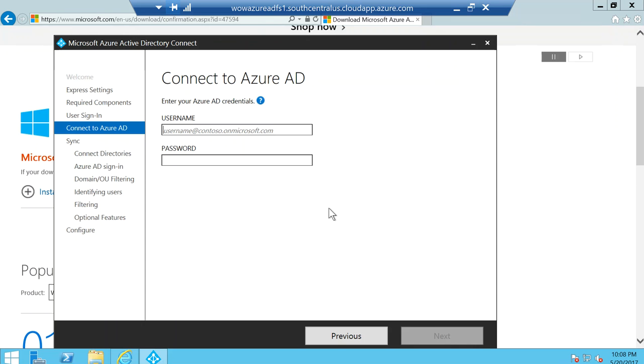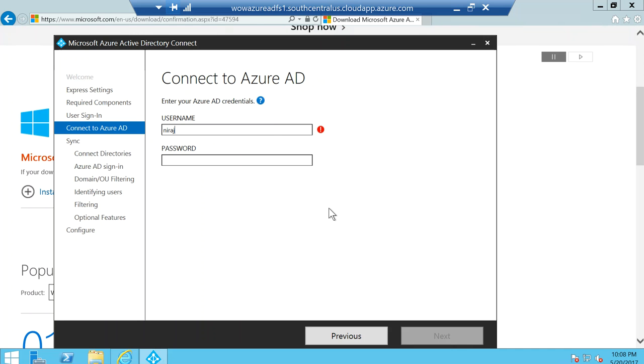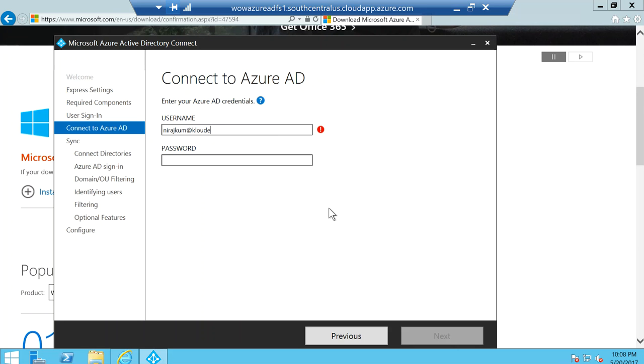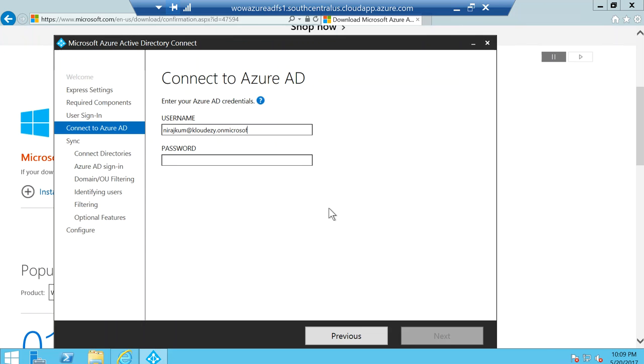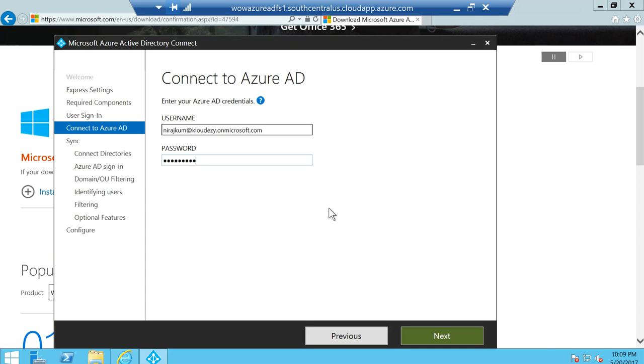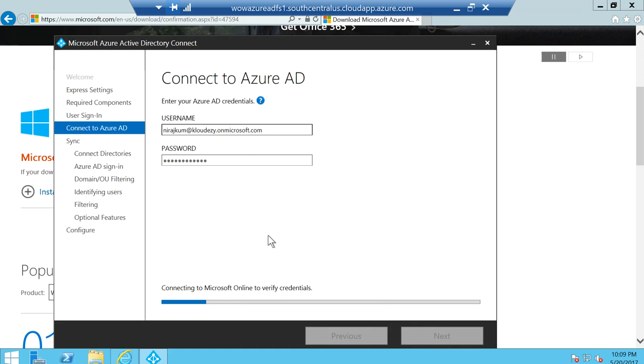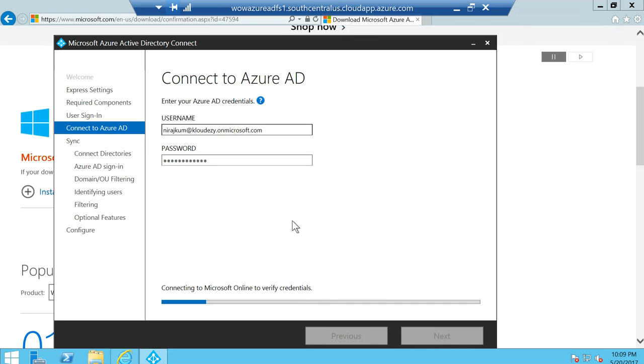So you'll have to specify that user and the password, and that has to be in the initial domain name format. So in my case, it's going to be ascom@cloudeasy.onmicrosoft.com, and then the password. So you specify your Azure AD credential. Once you've specified that, it will validate. So if I click on next, it will say connecting to Microsoft Online to verify the credentials. Once it has verified the credentials,